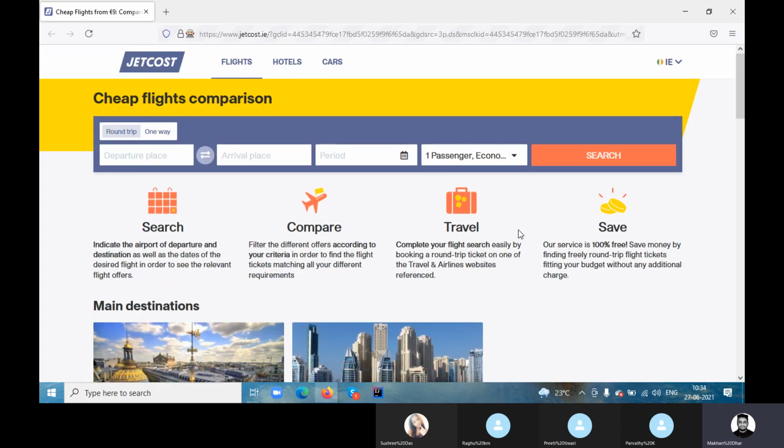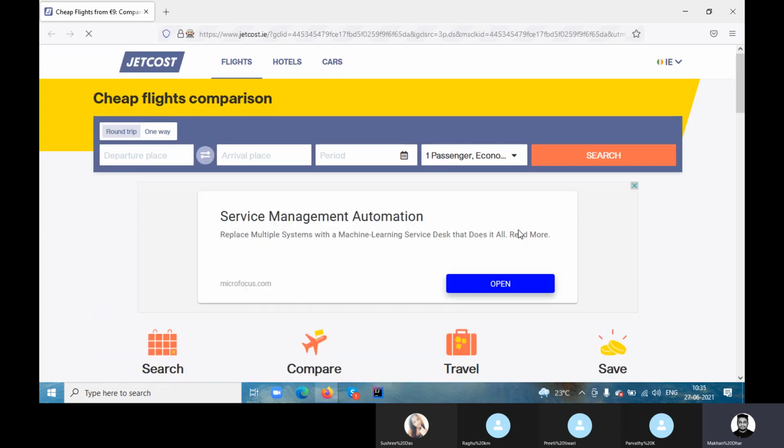Now see, it closes the pop-up, and is it typing something? Let's wait for one minute and see whether it is coming or not. If it doesn't work, we'll get the error message in the console as to why it's not working. Still it is running. Let's run.